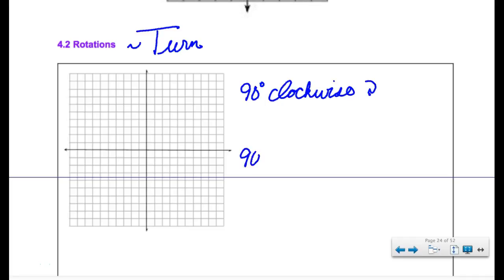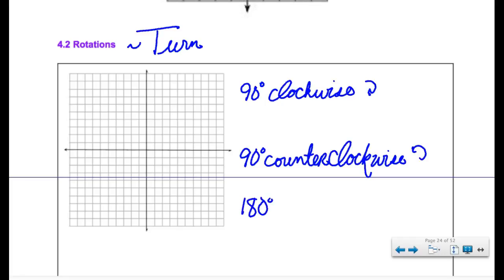We're going to do 90 degrees counterclockwise. And counterclockwise goes against the clock, so it goes that way. And then we're going to do a 180, and a 180 just goes to the very opposite. So a 180 clockwise and a 180 counterclockwise are the same thing. And we're just going to rotate about the origin. So we're going to pretend we're rotating it about a fixed point,